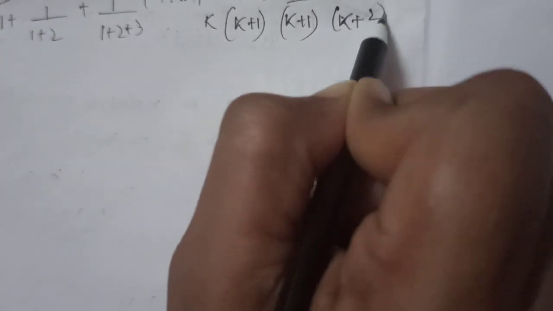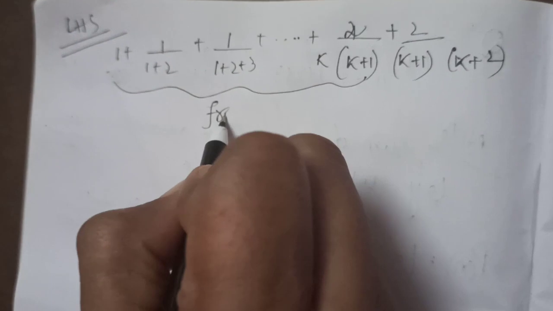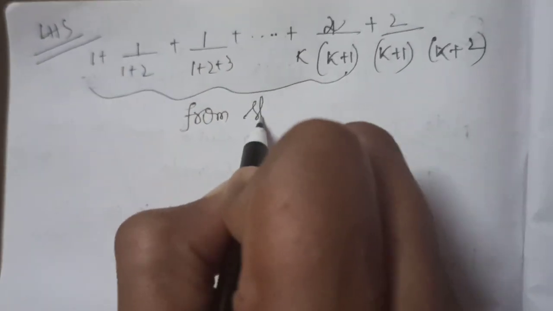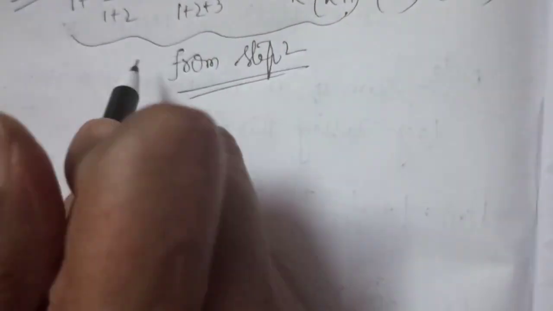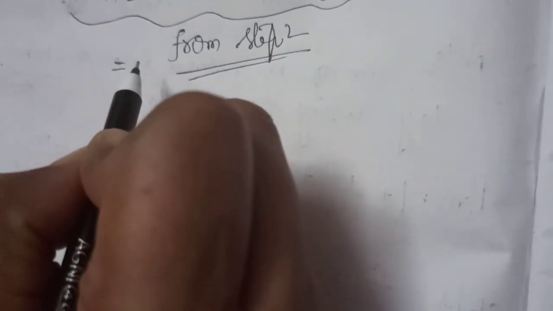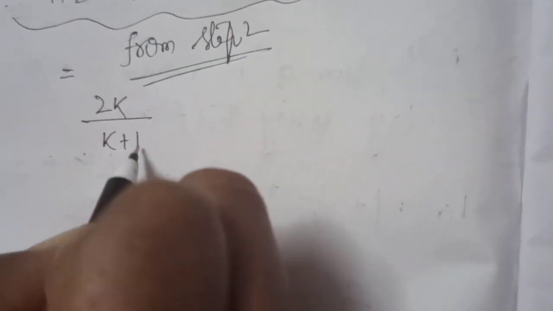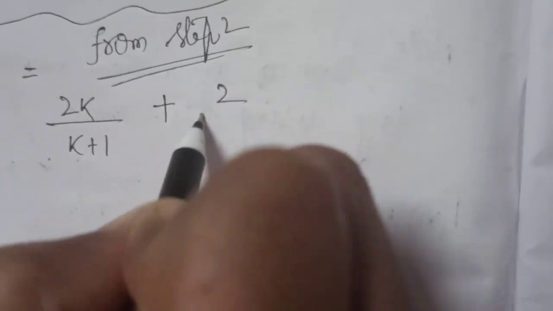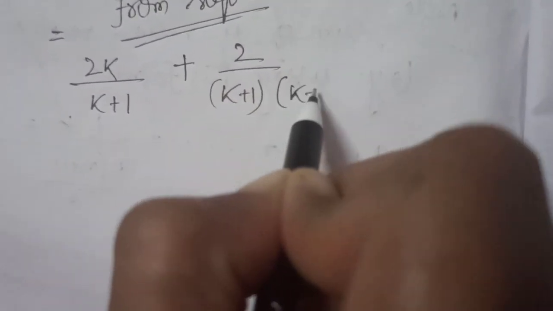But up to here, from step 2, what I can write is 2k by k plus 1 plus 2 by k plus 1 into k plus 2,